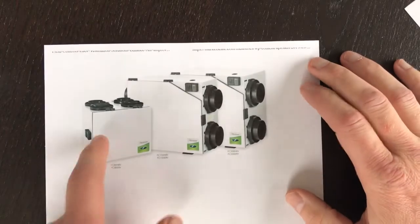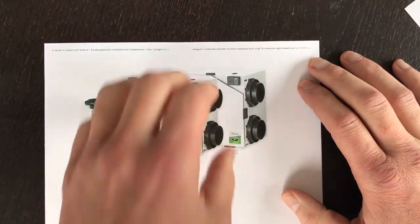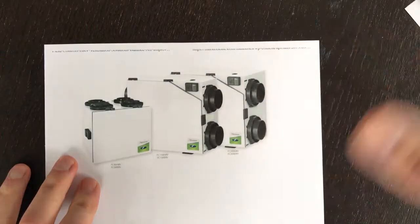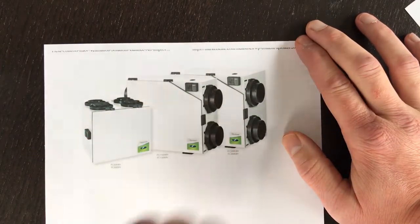And this is just an example. These are different size units. Some of them are oriented one way or another way. These get little 6-inch ducts. They get hose attached to them or a diffuser attached to them, depending on how they want to put them in. And these are the same price,